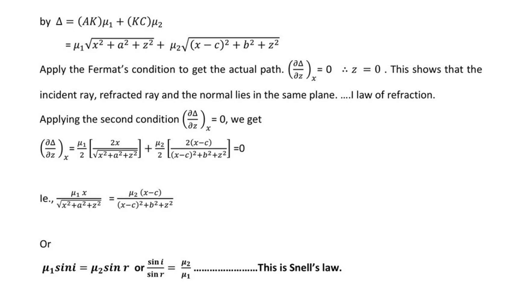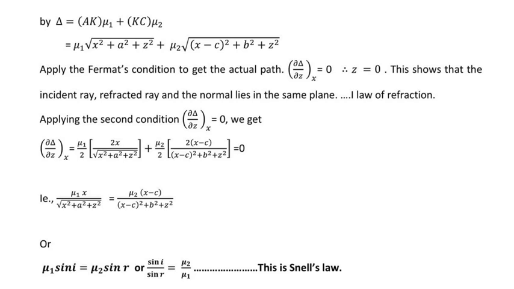∂δ/∂z at constant x is equal to 0. Therefore, z is equal to 0. This shows that the incident ray, refracted ray and the normal lie in the same plane, which is the first law of refraction. Applying the second condition, ∂δ/∂x at constant z is equal to 0, we get